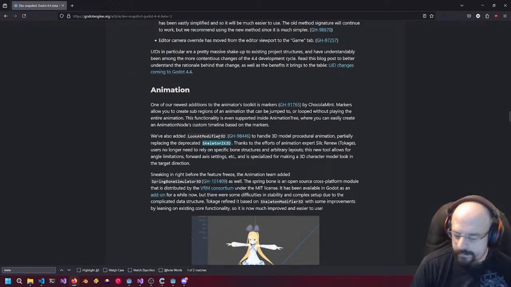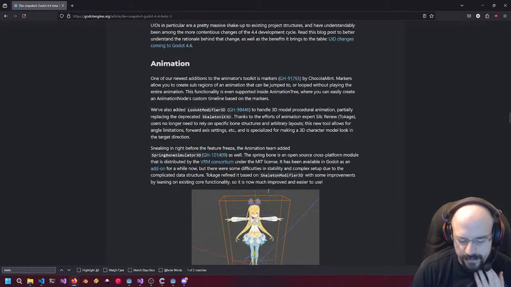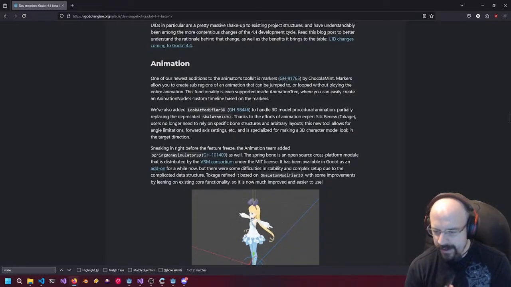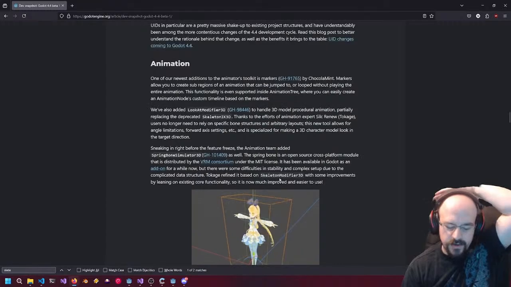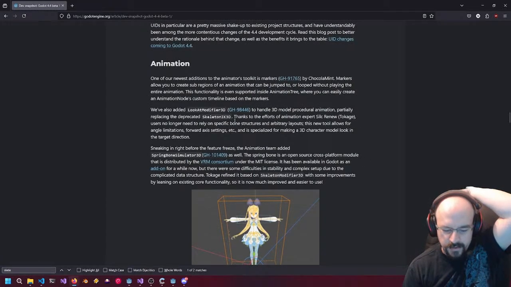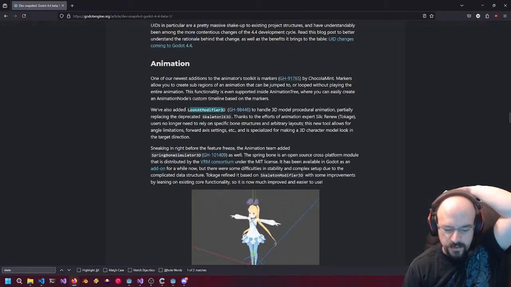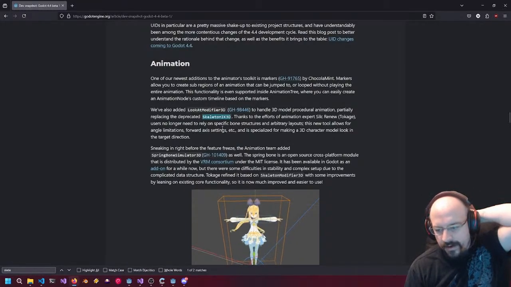Myself and Punch, I don't remember Punch's full name now, were exploring different bugs with their fabric system. There are really weird issues where bones can't do a 180, weird issues with IK, and it just turned out to be the implementation. The idea was to get rid of Skeleton IK 3D and create bone modifiers. So the LookAtModifier3D is going to be the new one that pretty much replaces a lot of the skeleton IK stuff. There are more modifiers. The idea is you just add modifiers to the skeleton, and then you put in your